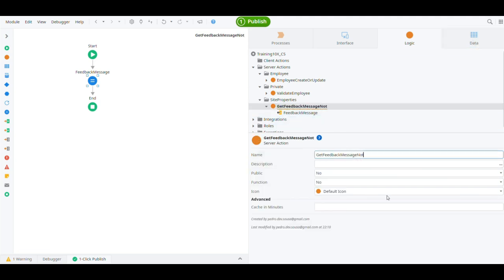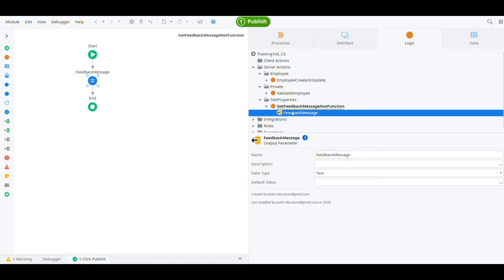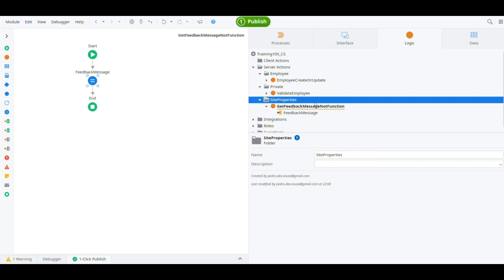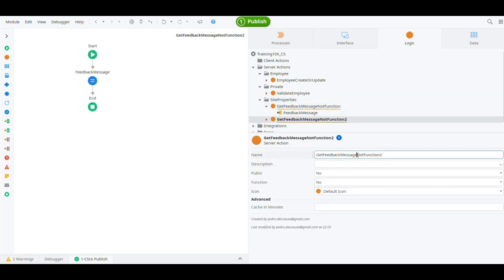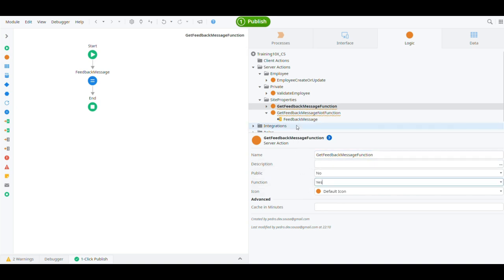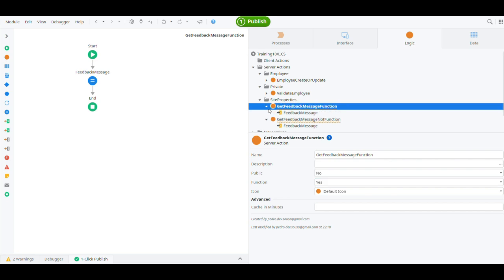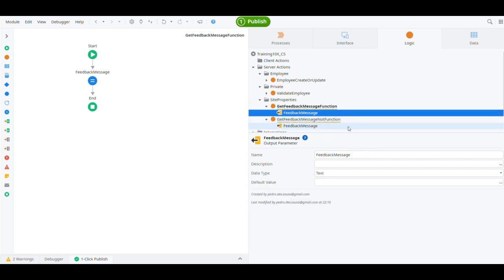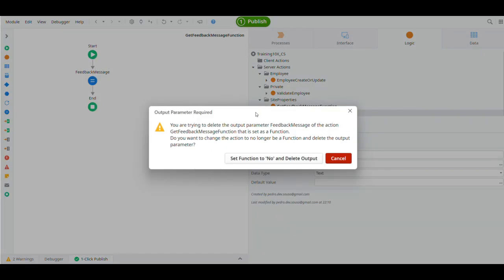We can also add a suffix here, not function, and we can create a new one to show you the differences as function. Okay. When we create a function, we need to have always